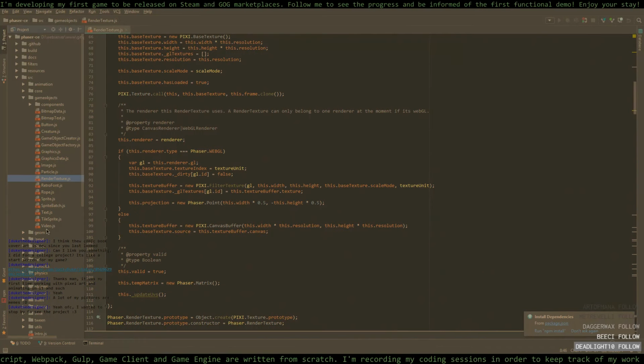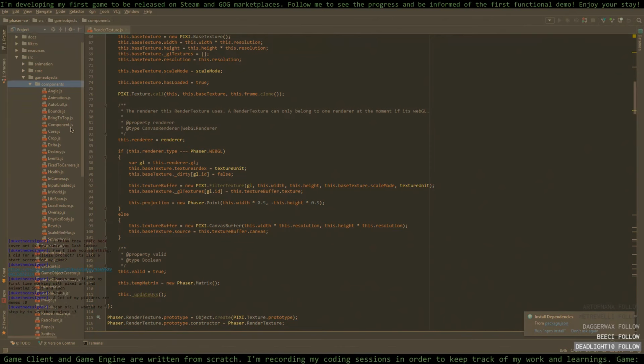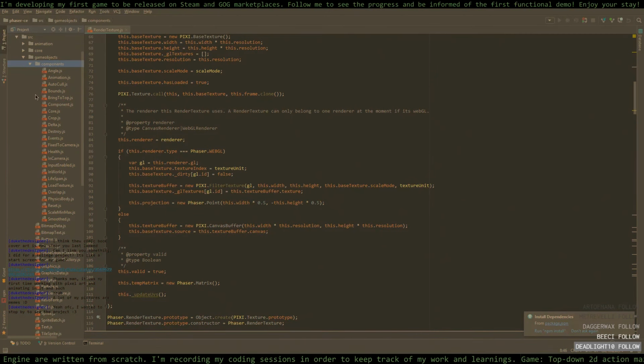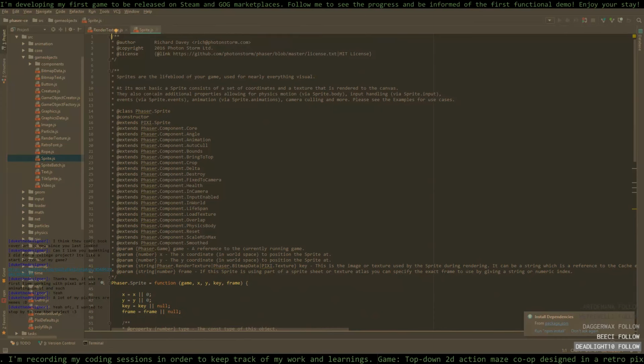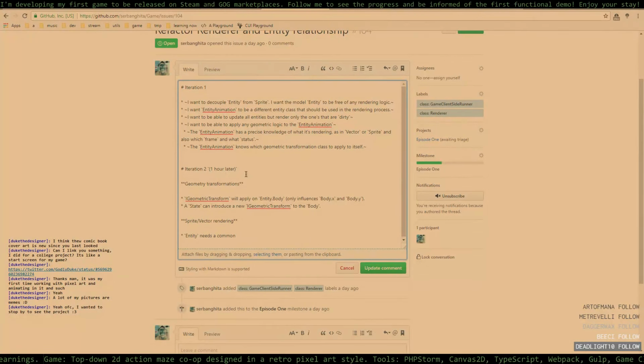Sprite, rope, video, text, style, sprite, button, bitmap, angle, animation, component, animation, component, no, sprite, texture. I could call that ultimately needs a